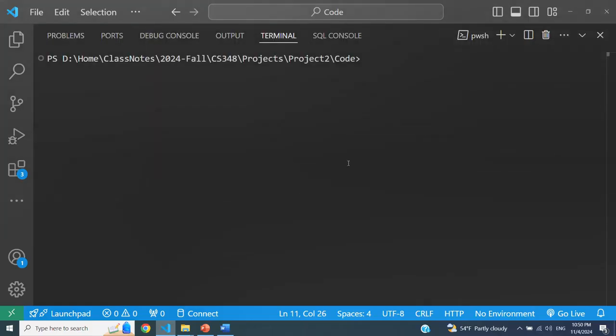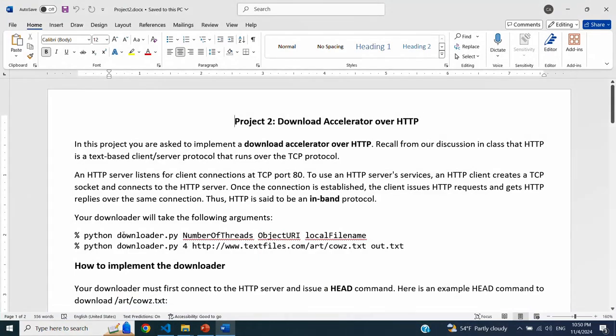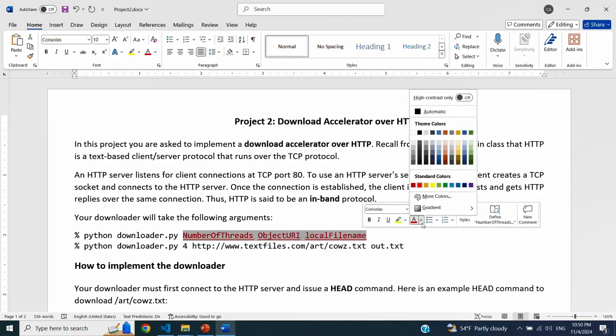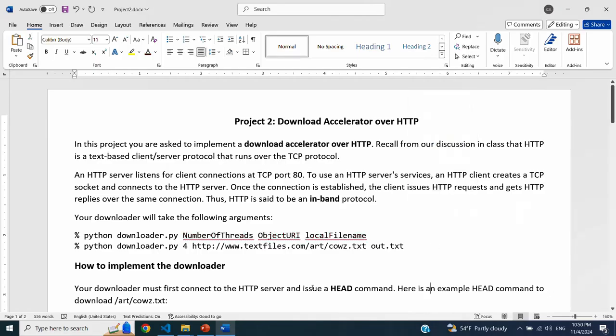I have already implemented this, and I am going to run the application downloader.py. If you look at the write-up, it says it needs to take 3 arguments. The first argument would be the number of threads.